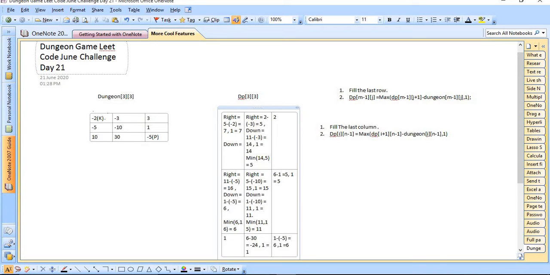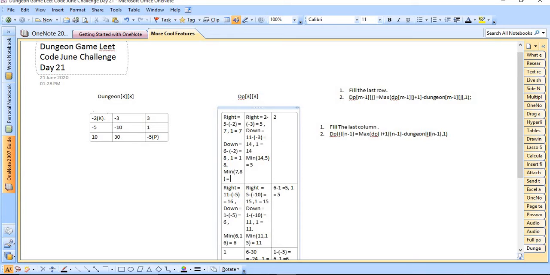Down for this case is 6 minus 2, which equals 8. Between 8 and 1, 8 is the maximum. So the minimum of 7 and 8 is 7, and we are going to return the value 7. It will be our right answer.